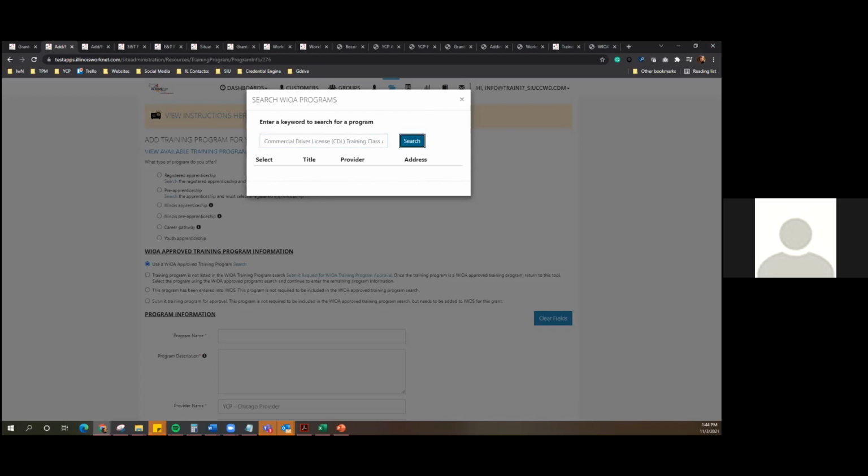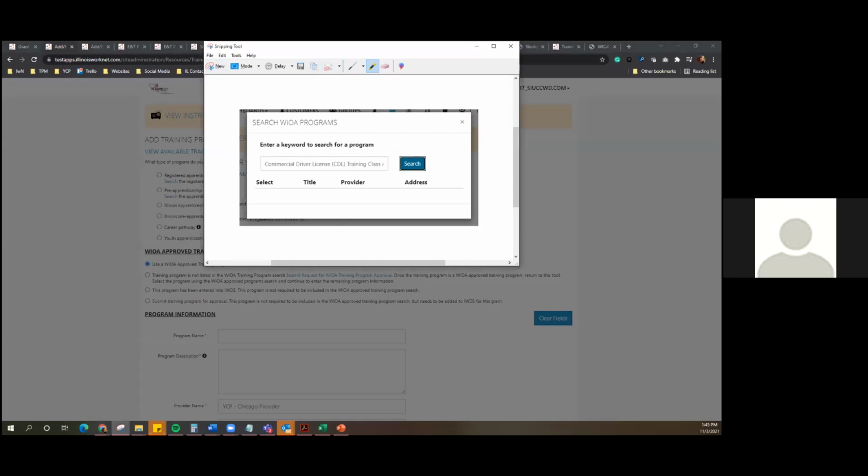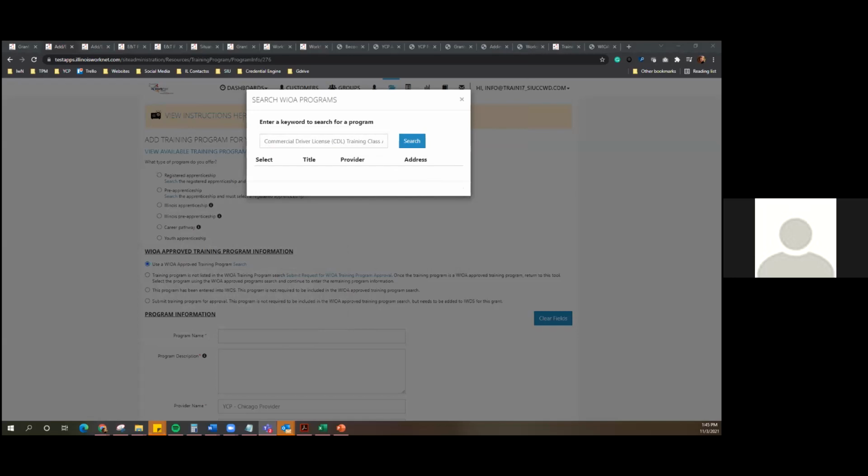I'll run that one by the programmer too. He said he was going to take a look at it this afternoon. Yeah, I'm not sure because I'm not even getting that "no data available in table" message. So I'll have him look at that too. Okay. But yeah, go ahead and hold off on adding those until we have it working, so we're tying everything together appropriately. Okay, thank you.